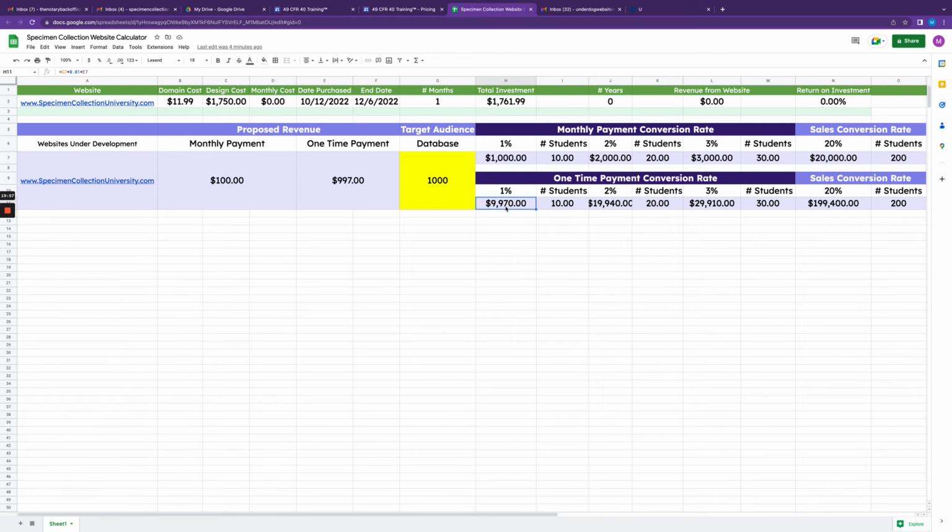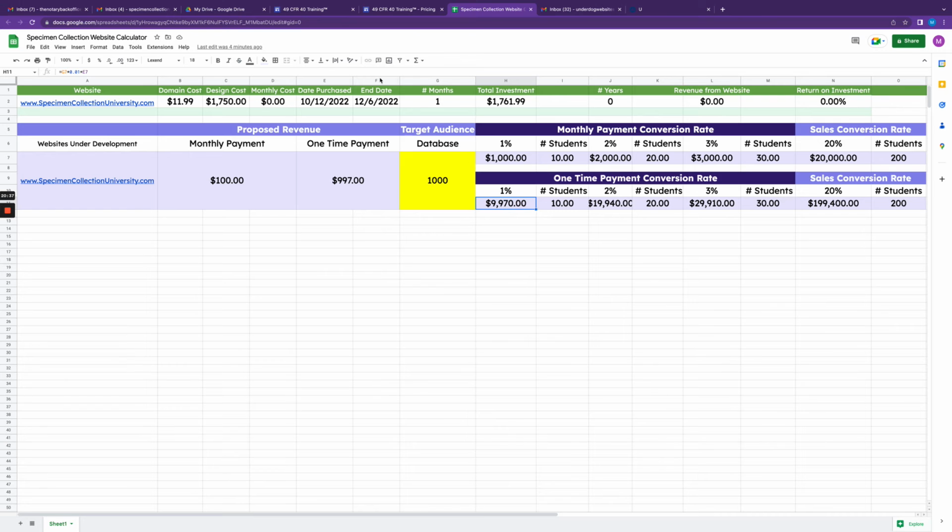Let's look at the one-time payment situation. So you guys always need to keep in mind that when you're doing something like this, you need to get out of your own way. What do I mean by that? Don't think in terms of your budget. Your budget is not the same as a traveling nurse who is making $25, $26 an hour and then double time and overtime and all of the things, right? And I'm probably even way off on the hourly. So don't think in terms of, oh my gosh, I could never afford to pay $1,000. Don't do that. Don't put what you can do or what you think people can do when it comes to their money on your plan.